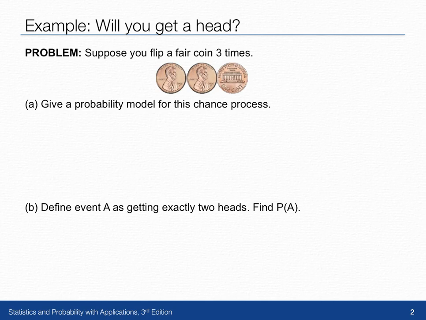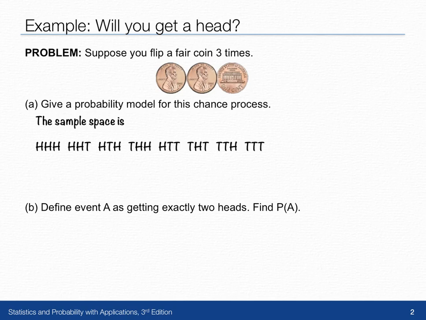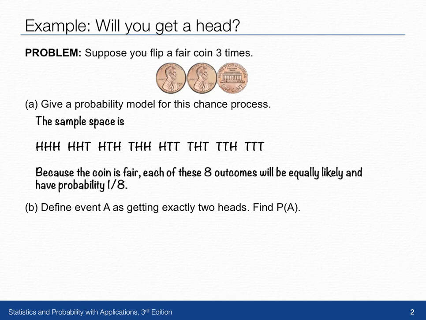First, we'll want to list what's called the sample space, a listing of all the possible outcomes. Then we'll want to give the probability of each of those outcomes. Well, in this example, the sample space contains 8 possible combinations. We could flip the coin 3 times and get heads every time, or we could get tails every time, or we could get different combinations with 1 tail, or 2 tails and 1 head. Now, since each of these are equally likely to occur, the probability of each outcome will be 1/8 because we